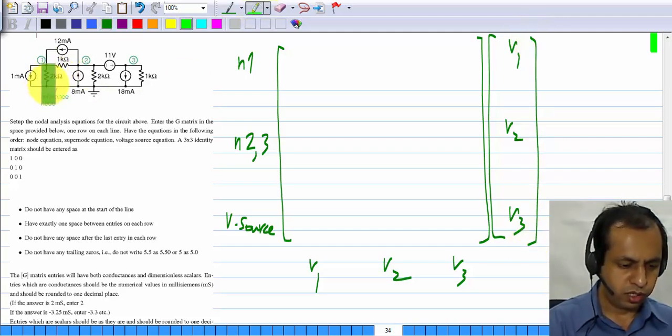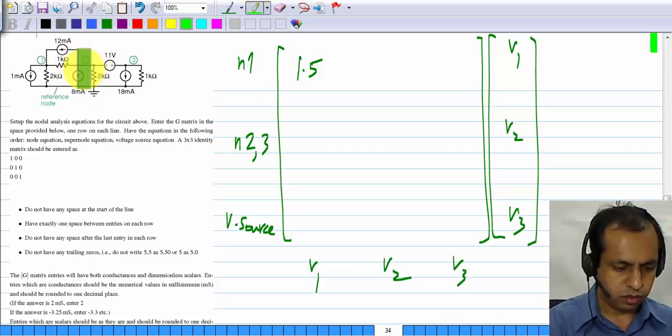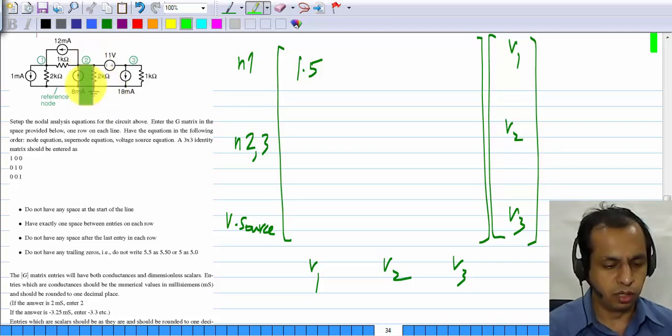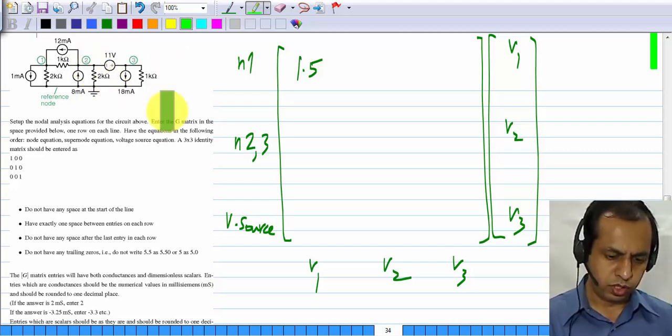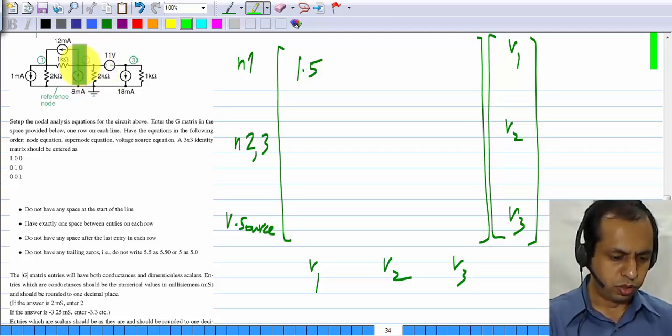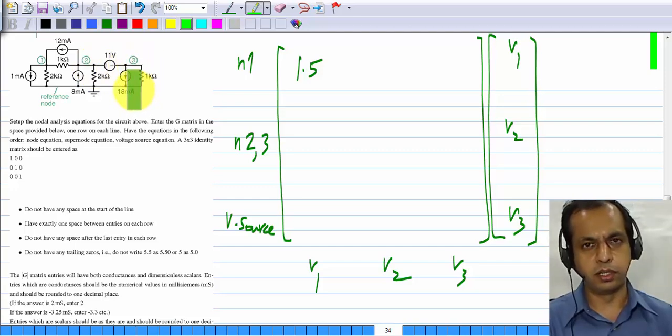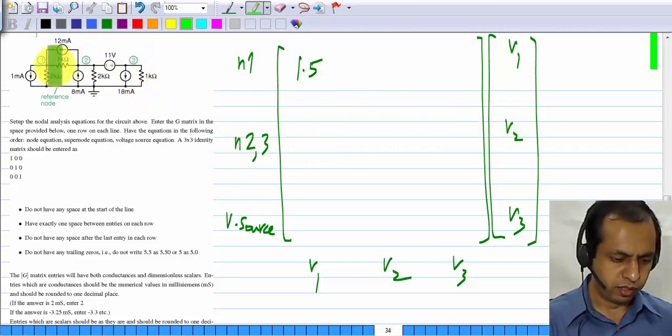Node 1, the total conductance is 0.5 millisiemens plus 1 millisiemen, so that is 1.5, and here, this is considered as a super node, so we need to consider the total conductance connected to node 2 and node 3. Okay. So here the second row corresponds to the super node. So the total conductance connected to node 2 and the total conductance connected to node 3 will both appear in this row. Okay. Node 2 we have 1 millisiemens plus 0.5, so that's 1.5, and node 3 we have